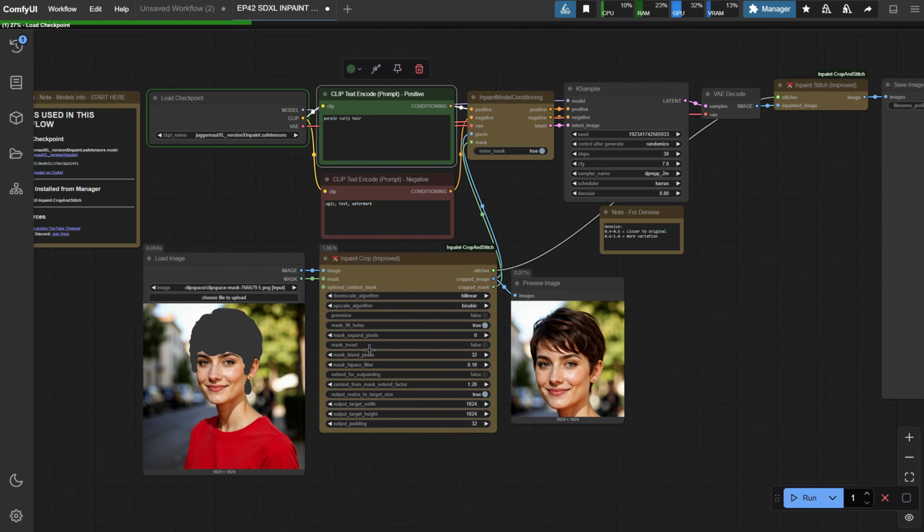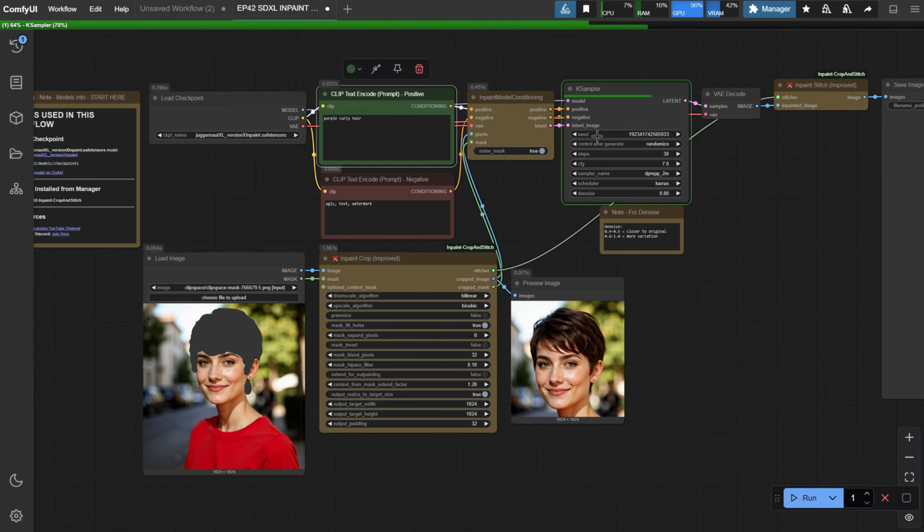You'll see that the new version has improved in the title. This node crops the area around our selection. In this case, it's set to a square and 1024 pixels, as I configured it here. The crop is slightly larger than our selection to provide some context of what's around it, which helps generate a more accurate result. This is set with the extend factor. A 1.2 extend factor is like 20% larger, while 2 would be double the size of the original, and so